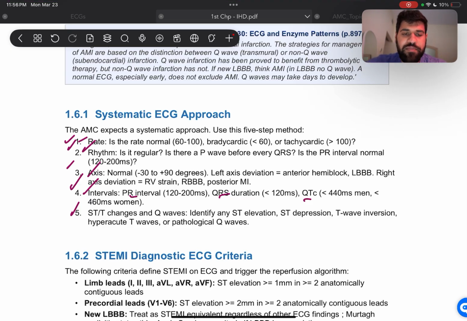It was a newer pathology for me, because we didn't study that in university. We just knew about anterior, inferior, and lateral. They told us that posterior is possible, but they didn't teach us the scenarios or about the patients. However, keep this rule in mind: whatever MI you see, you're going to see ST elevation and then the reciprocal of it in the opposite leads. So if there's ST elevation in the anterior leads, you'll see depression in the posterior leads. There are no posterior leads on the standard ECG, but I'll show you some examples so that you can drive this point home. You will see a reciprocity of it in the other leads.